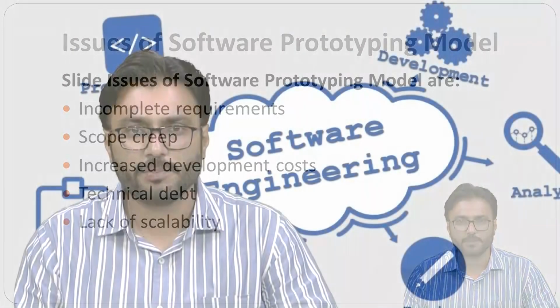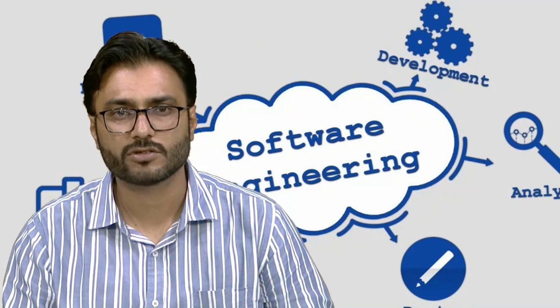First one is incomplete requirements. The prototyping model is designed to help refine requirements through feedback from end user. However, if the initial requirements are incomplete or inaccurate, the prototype may not fully meet the needs of the end user or stakeholders. Imagine you are building a house, but you don't have all the details about how many rooms